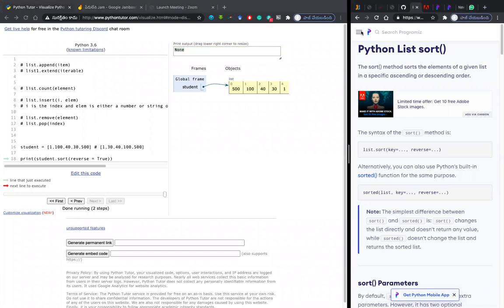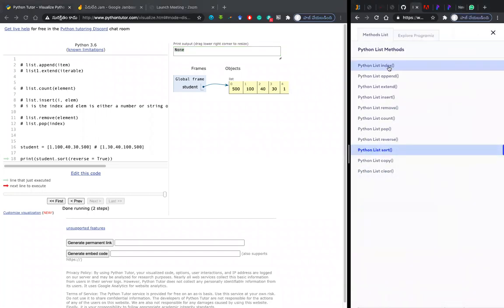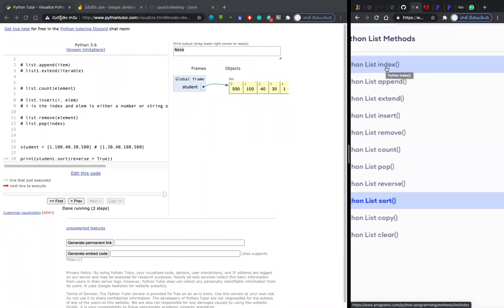Among these, can you tell me which is which? What is the list index? What type does it belong to based on what we have discussed? It is type 1, because we are passing the element and asking it to return the index of that element. So it has one parameter and one return value. So list index is type 1.